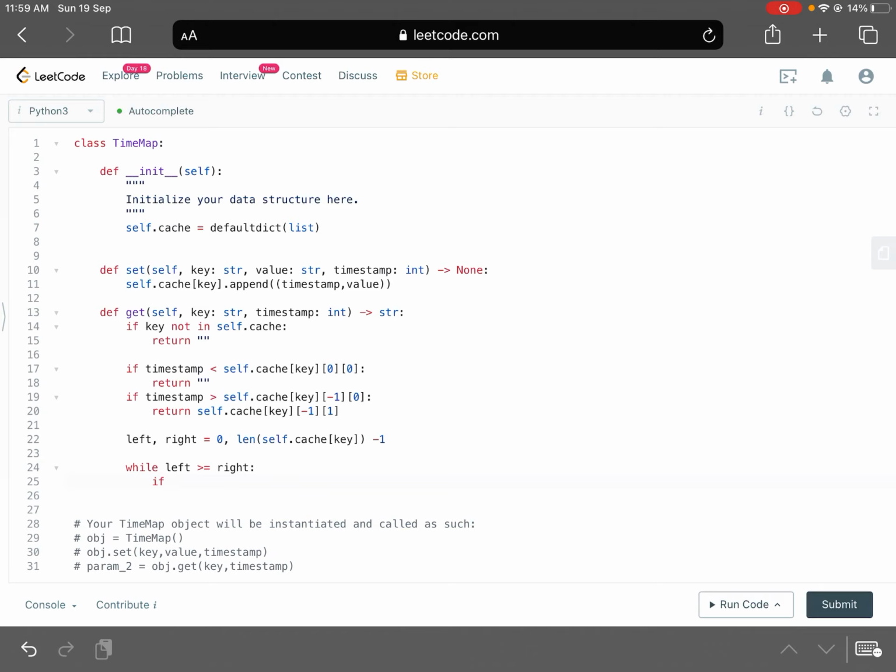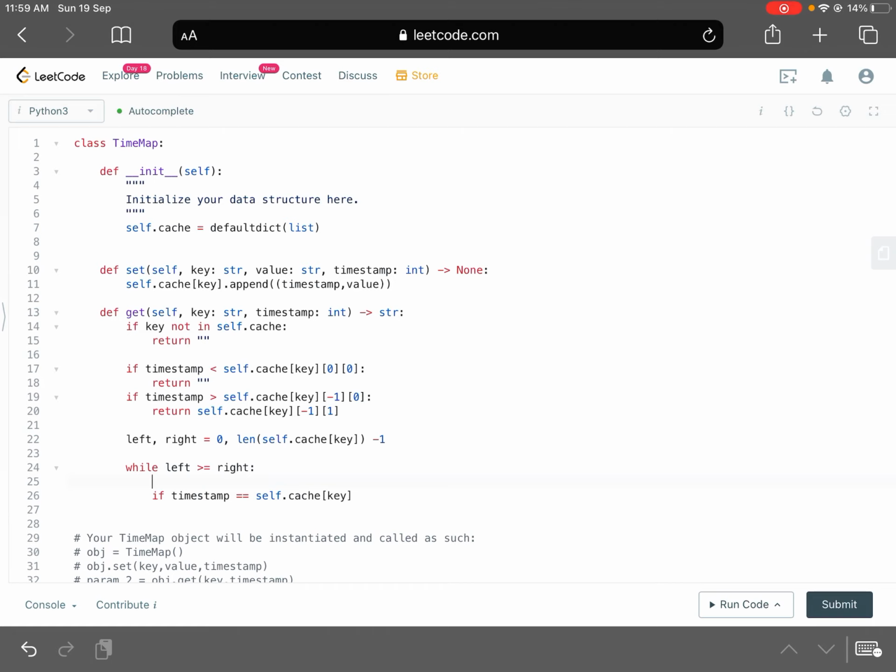Yeah, it's a little bit more difficult to index this because of the data structure being this way, but we'll just get through it. So if the number that you're looking for, that's timestamp, is equal to self.cache of key. Oh, hang on, we didn't calculate the mid value. Mid is equal to left plus right by 2, right?